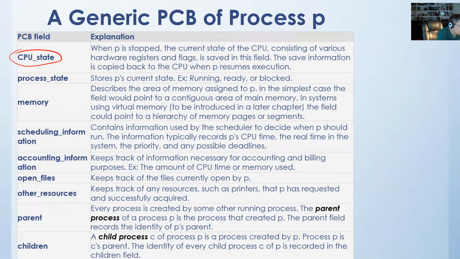Now, when P is stopped, remember, in a multi-programming environment, an operating system may actually run multiple processes. Let's say process 1, process 2, 3. Now each process has its own PCB, right? PCB 1, PCB 2, PCB 3. Now the CPU actually switches back and forth among these processes. So the CPU first actually executes the instructions for process 1, and then once the CPU switches to process 2, then